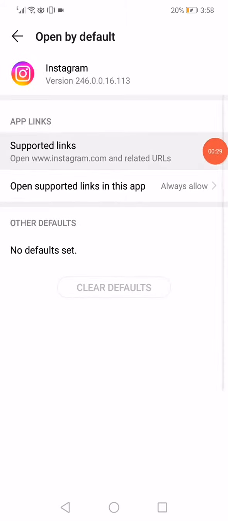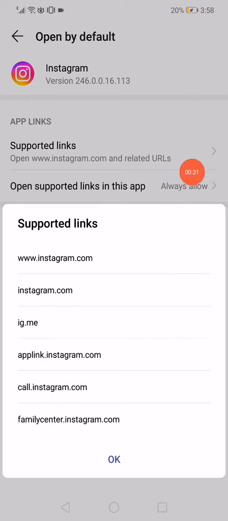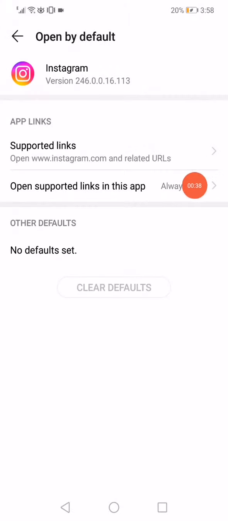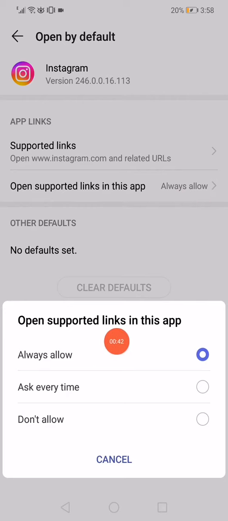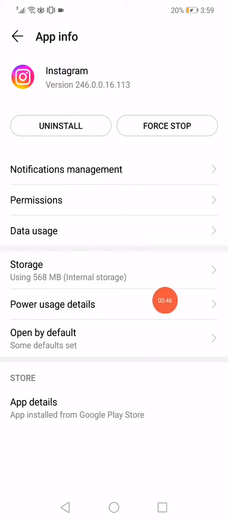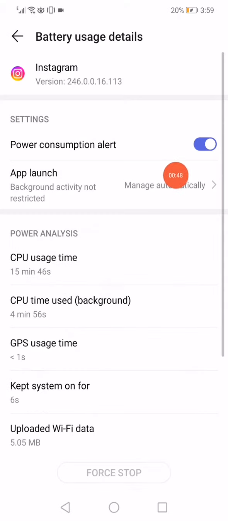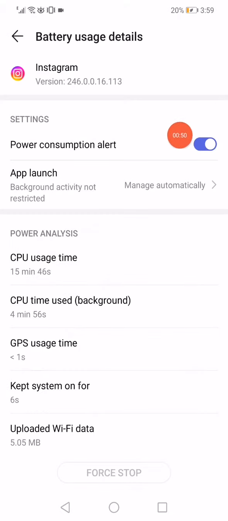Click here on supported links and make sure that the supported links are like this, and then click here on open supported links on this app. Click always allow, and then go back, click on the power usage details and make sure to enable the power